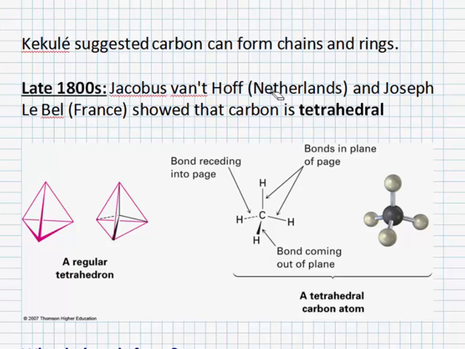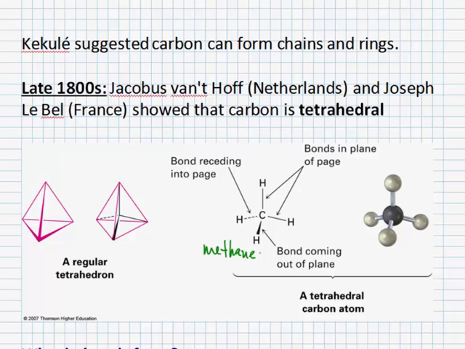So here's what a tetrahedron is. A tetrahedron is a four-sided, four-pointed polygon, right? It's a three-dimensional shape that has four sides. If you line up four triangles and make a pyramid out of them, that's a tetrahedron. It has a triangle for a base, and then three triangles come and form a point that way. Another way of thinking of a tetrahedron is like a tripod, three legs going down and one going straight up. That's if you have something in the center of the tetrahedron and you're pointing out towards the points of it. So the structure of methane, that's methane, CH4,